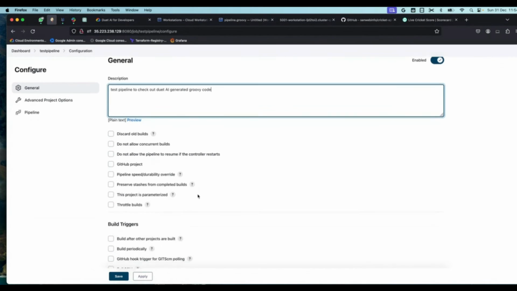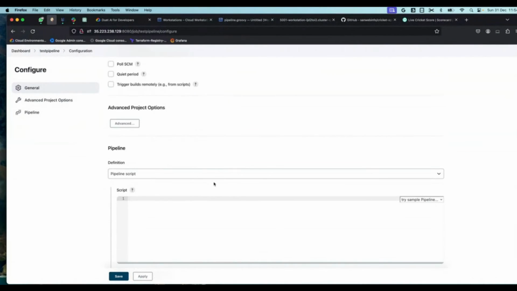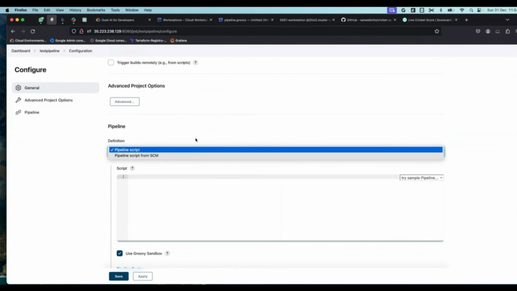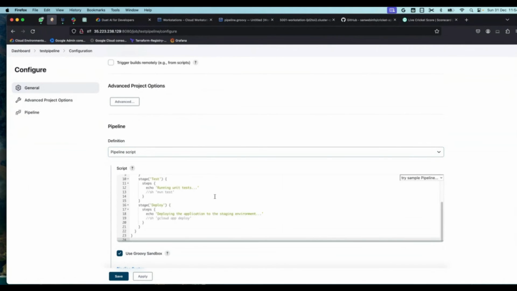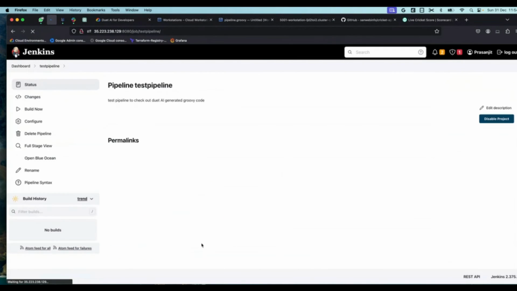So let's paste the Groovy code in the pipeline script section. So here in the drop down you can choose pipeline script instead of from SCM. That would be when you have a SCM in place, a version control. So here we are, it's